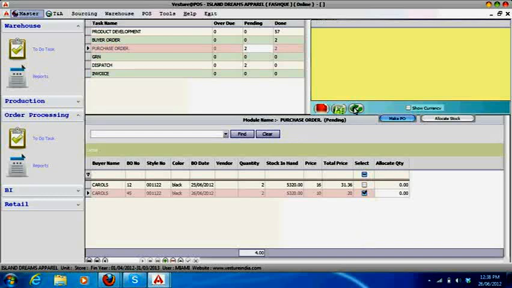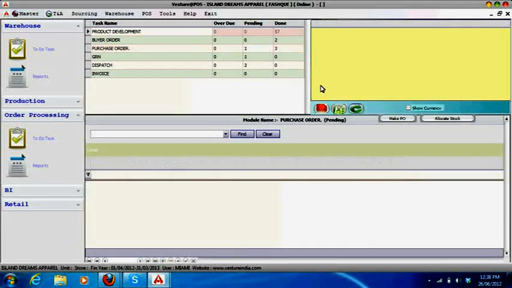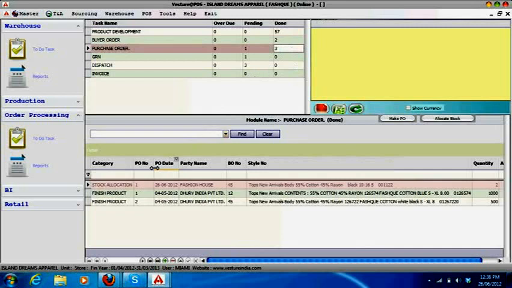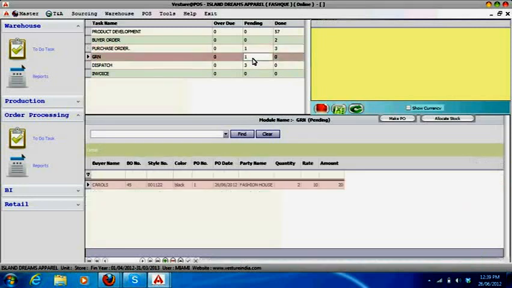Once the purchase order is made, we click on this refresh button and that purchase order decreases from this pending amount and increases in this done amount. Here we may see our PO with the PO number 45 and the supplier that we have ordered from comes in this grid. Along with that, it comes next in this GRN field, where after the purchase order is sent to the supplier, we stock in that product when it comes back to our organization.